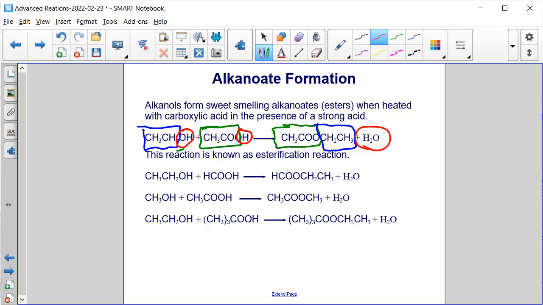Esters are used for a lot of artificial fragrance, like banana fragrance and other fragrances. And so there are several examples shown here, but they all can be similarly shown. This portion of the alcohol,